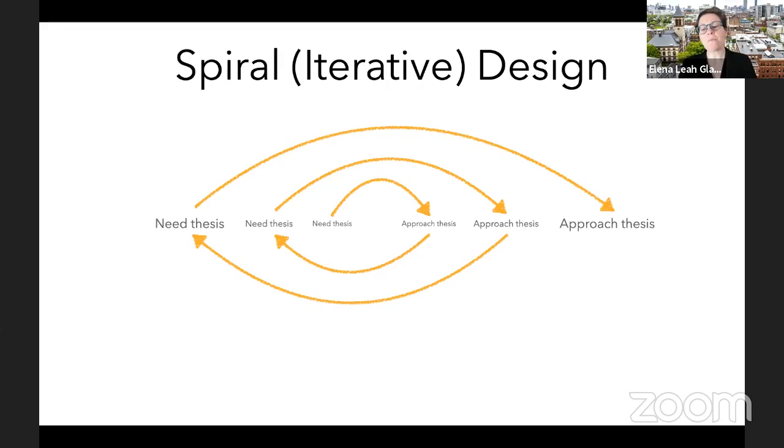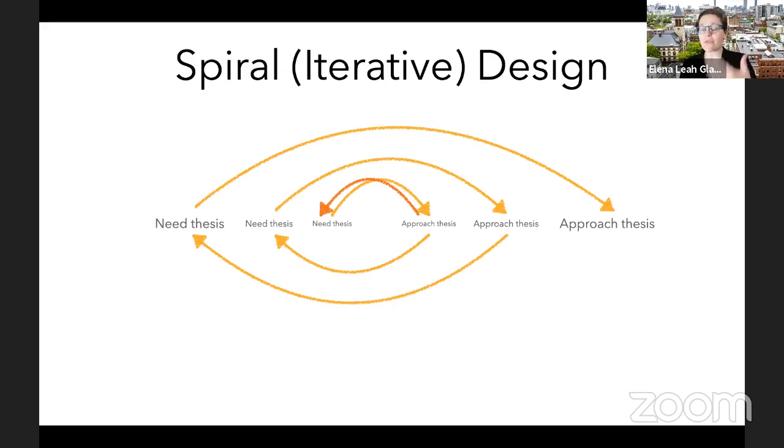And also, if we have technical ideas that we're very excited about, rather than starting with the need thesis, we can start from the approach thesis and say, look, I've got this brand new idea for how I can make a better flash fill or a new programming language. I realize not everyone in PL designs new programming languages, but for the sake of an easy example, I have this new language. What is it good for?